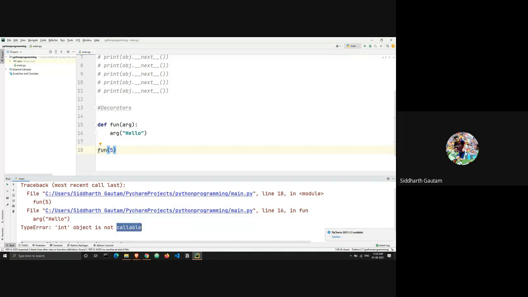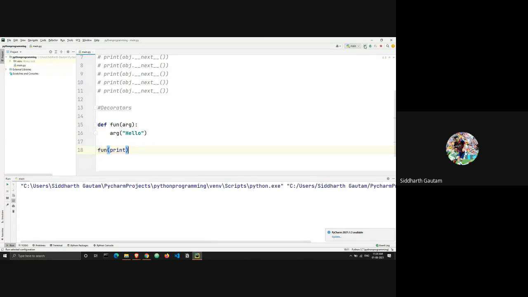I'm calling this function here and passing the argument 5, and then this function is trying to call whatever the argument is, but the argument is the value of an integer. So Python is telling me that an integer is not something you can call, it's not a function, which means I have to send a function here. Let's see what happens if I send print here. Let's run this, and as you can see, I get the output hello.